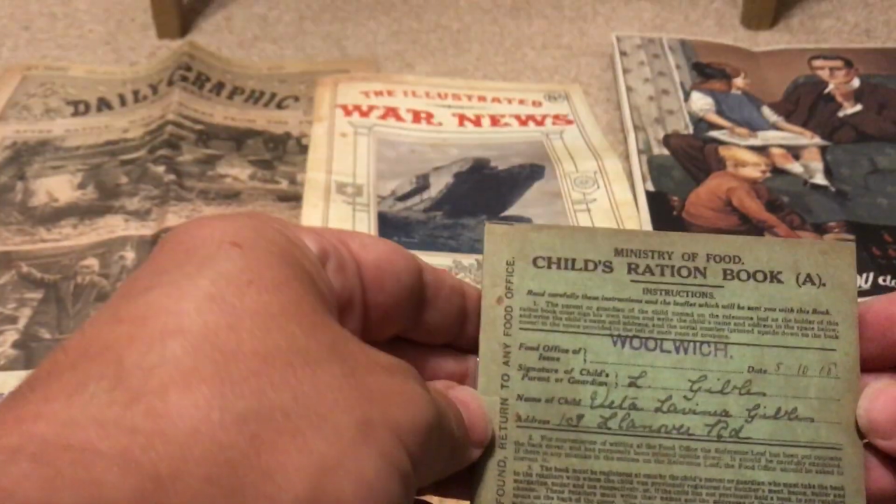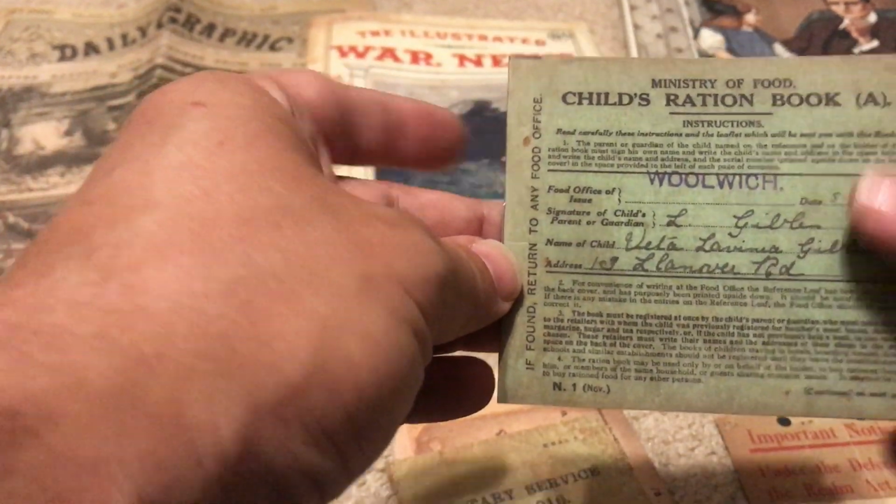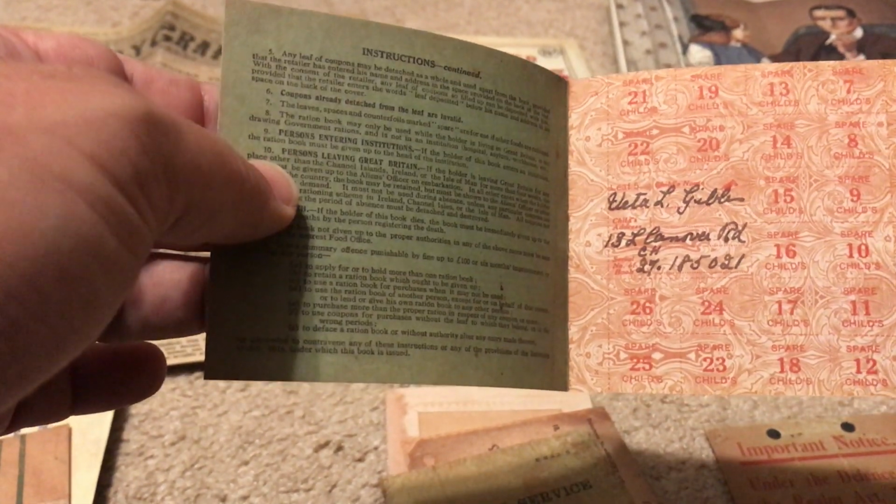This child's ration book, Ministry of Food. And it's ration stamps for